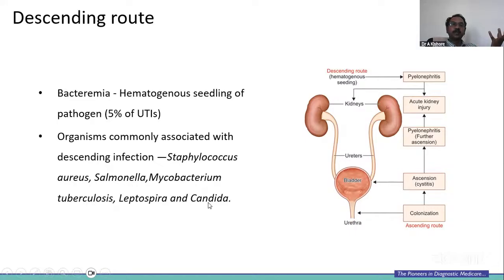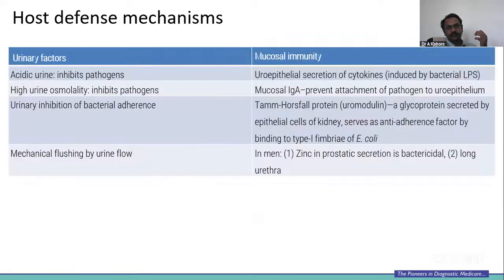So initially, the patient might be having some other infection, which might lead to bacteremia, and this bacteremia later, through hematogenous spread, enters the kidneys and also the urinary tract, leading to urinary tract infections, which you call a descending route of infection. Apart from ascending and descending routes, even the host has certain factors to defend, that is the host defense mechanisms,